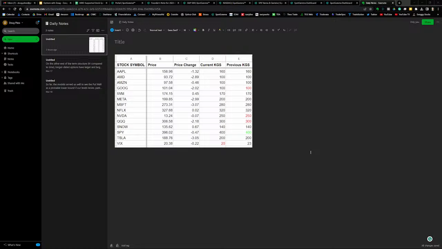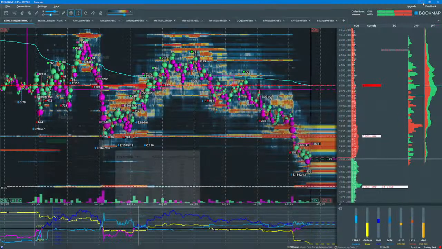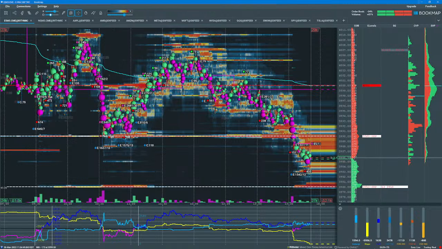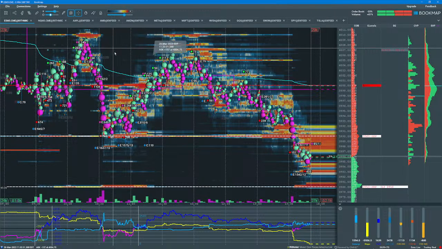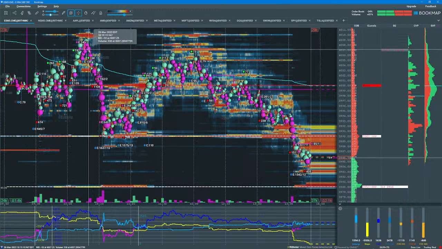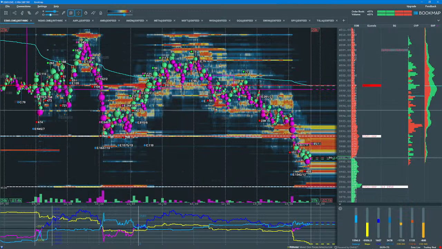I'll probably have some time at the end, so if anybody has any stocks that they want me to take a look at, go ahead and post them now. All right, so let's get to the S&P 500 now. Looking at the ES futures. Actually, let's take a look at Hero first.